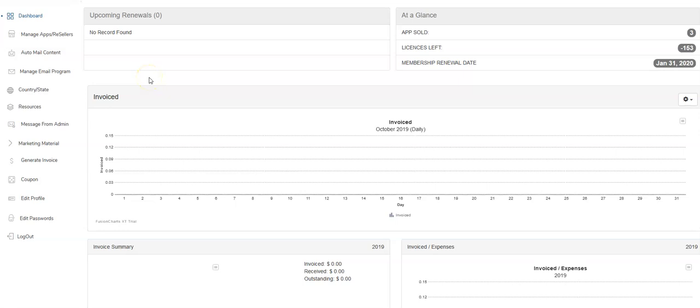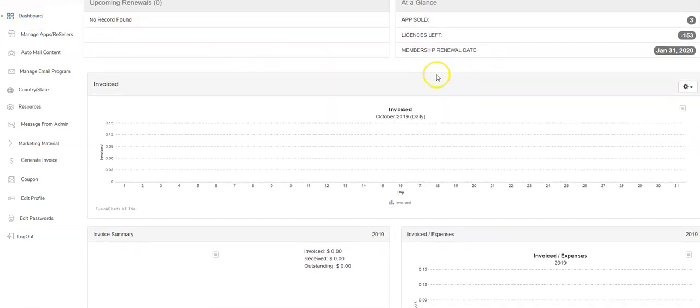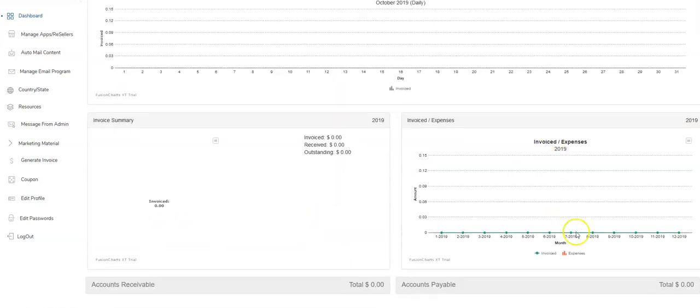Hey everybody, today we're going to take a look at how we use the invoicing module in the platform. How we set it up and how we use it. So the first thing I'm going to bring to your attention, the dashboard. Every time you log in, this is where you go. This is connected to your invoicing module. So any invoices or bills that you input into the system will populate here, and I'll show you that in